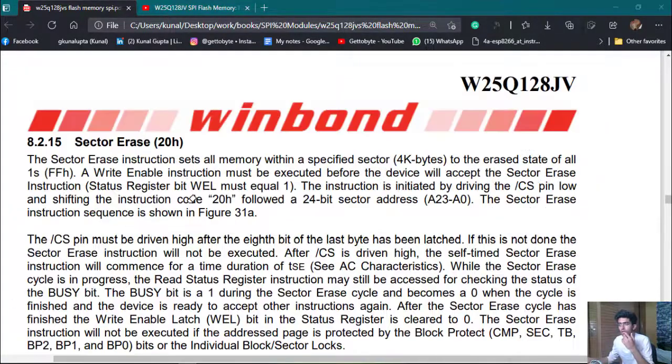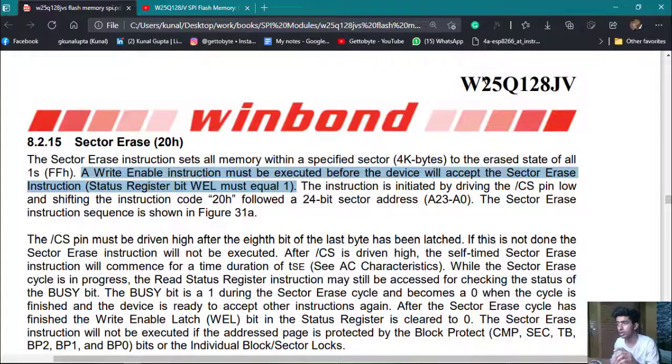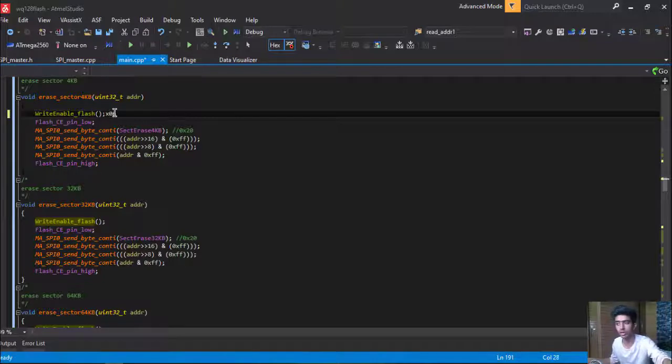You can see here that it is written that a write enable instruction must be executed before performing the sector erase of the memory. That is, the WEL bit of the status register must be set to 1, and that is done by sending this command, write enable flash, that is 0x06. So just sending that only.